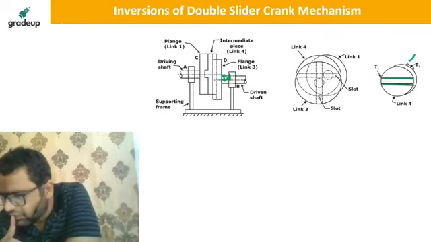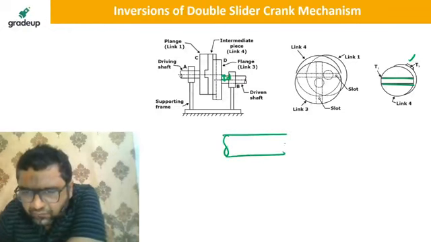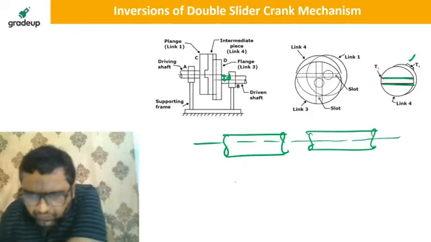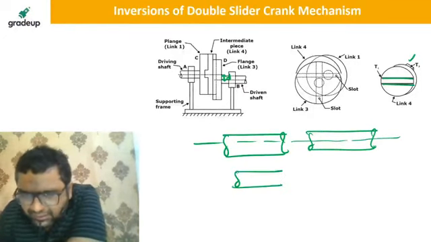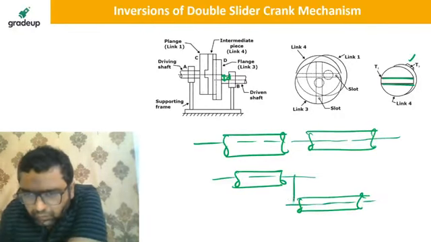Coaxial means if this is a shaft, this is a shaft, their axis is one only. This is coaxial. Laterally misaligned means like this. This is something known as